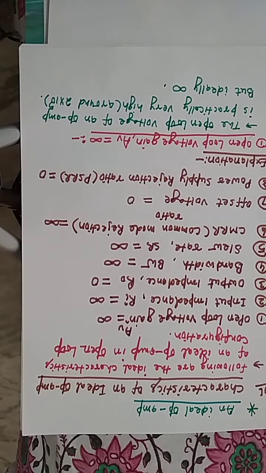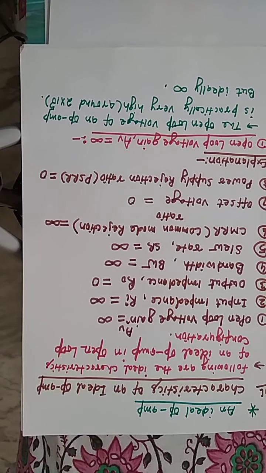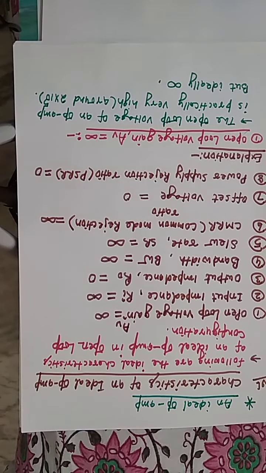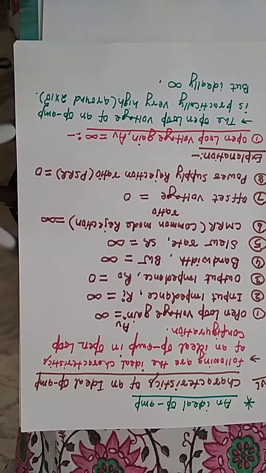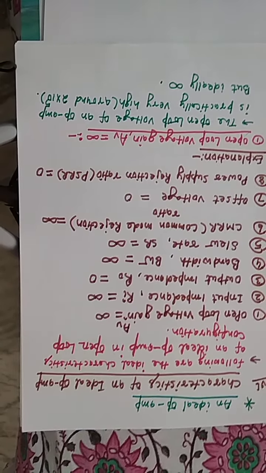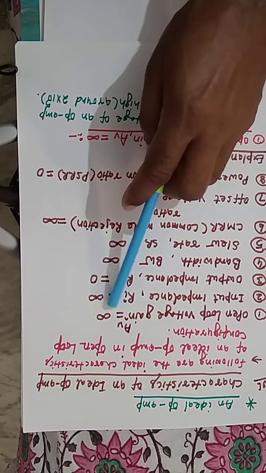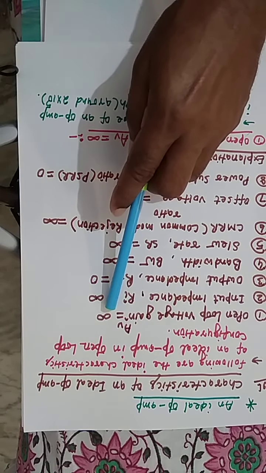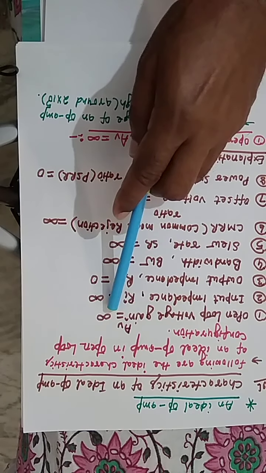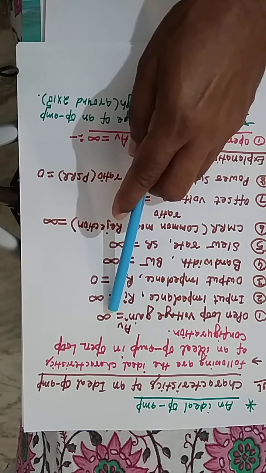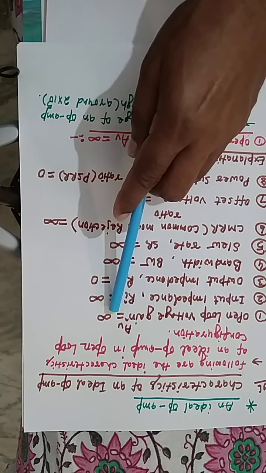Open loop voltage gain is equal to infinity. If anybody asks you what is an op-amp, operational amplifier, then the answer is: an operational amplifier is a very high voltage gain directly coupled differential amplifier. This means there is a characteristic in the definition of op-amp, that is very high voltage gain. This means ideally the open loop voltage gain should be infinity. I am not talking about the closed loop voltage gain, I am talking about the open loop voltage gain. The open loop voltage gain is infinity ideally, but practically it is around 2 lakh, 2 into 10 raised to the power 5.